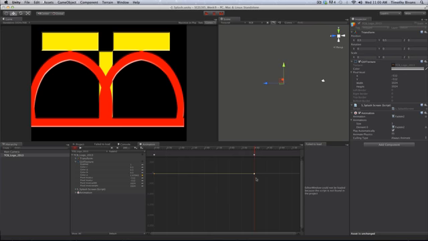So if you point at the window and you push F, it focuses in on it. Now you can see that it starts at 0.5 and goes to actually 2.5,